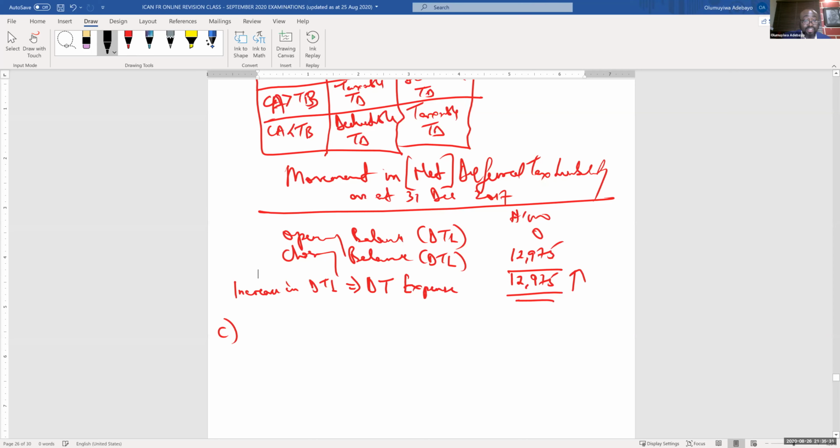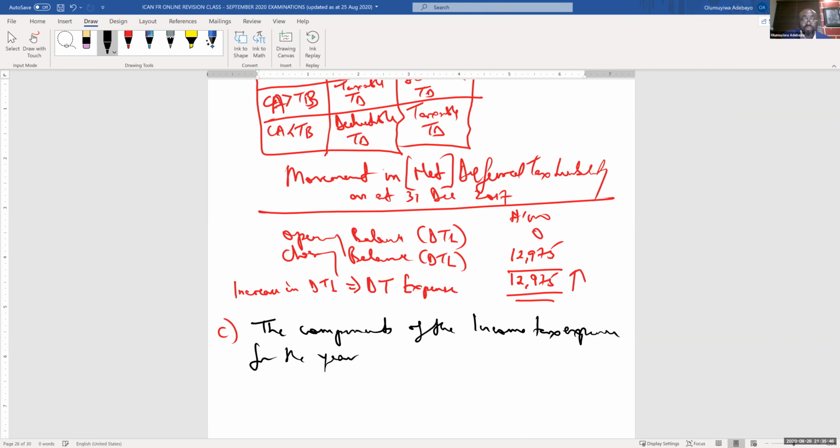I'll say the components of the income tax expense for the year ended 31st December 2017 are as follows. Remember, don't use abbreviation. 1, current tax expense